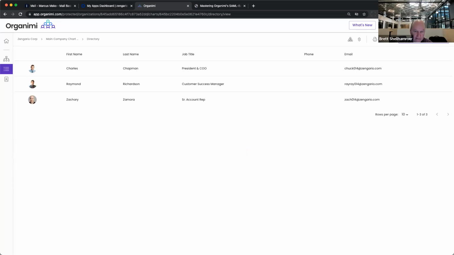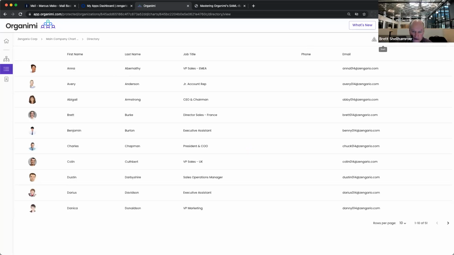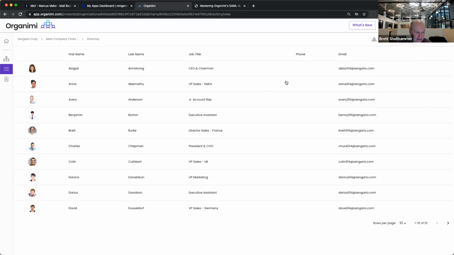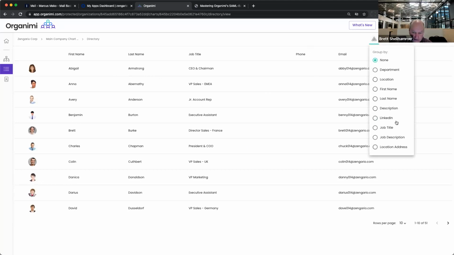Forgot the R. So I've got a couple of people with that. I can find them. And there's some cool things here with sorting. I could sort by first name, if I just remembered the person's first name, or by last name. We can group by. Again, I don't have any really good things to group by here, but if I group